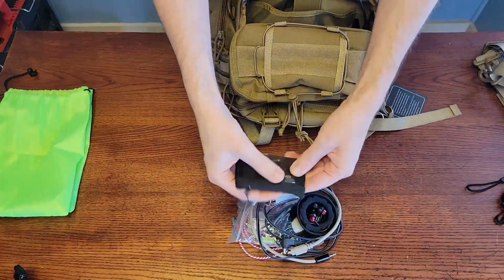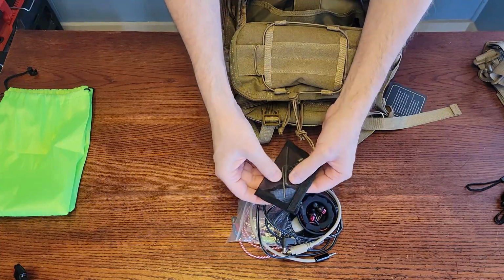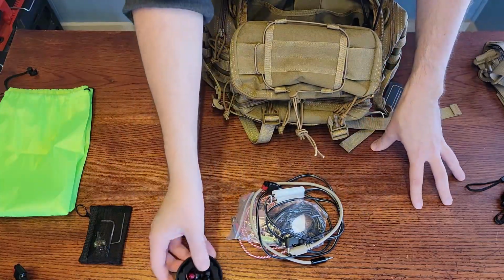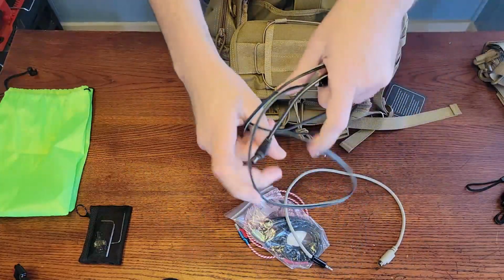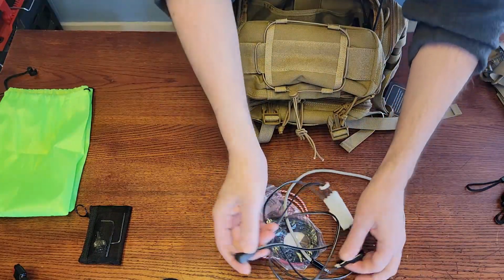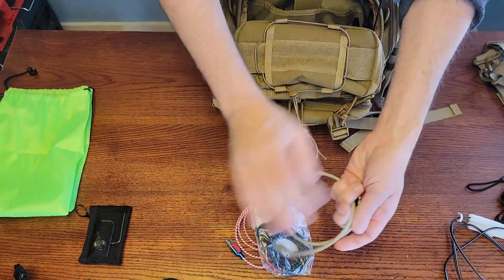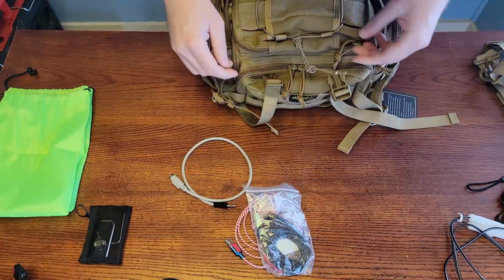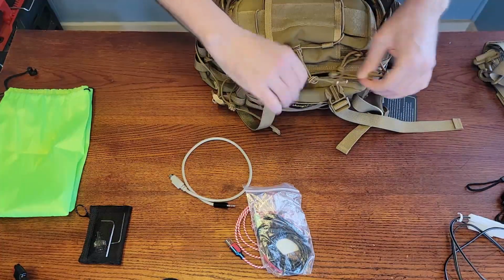Okay, so this has the SO239 to BNC adapter in case I need that. I will need it for the tuner. This has a couple of Allen wrenches in case I want to take the IC-705 cage off, a set of headphones, the power cable. We're actually going to use this power cable with this bag. Well, we're going to make a special power cable for this. That'll be even easier. But we can use this power cable for what I had in mind. This is the Xiegu XPA-125B amplifier cable. We won't need this on the go, but we do need to keep it with us for when we potentially do need it. Let's put this stuff in this front pouch